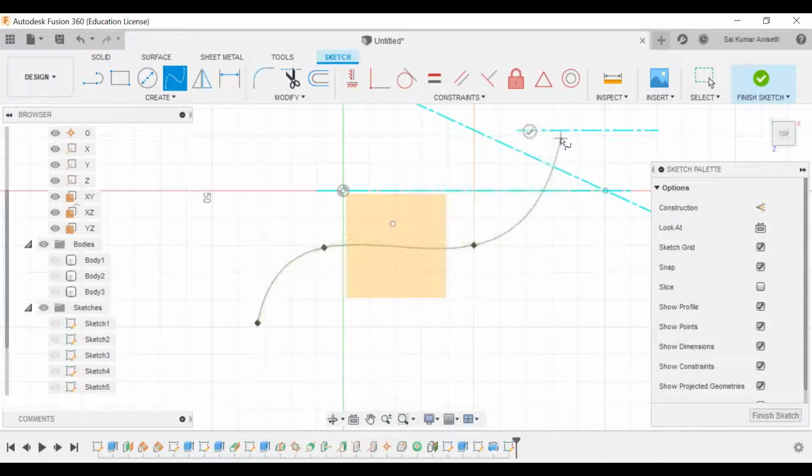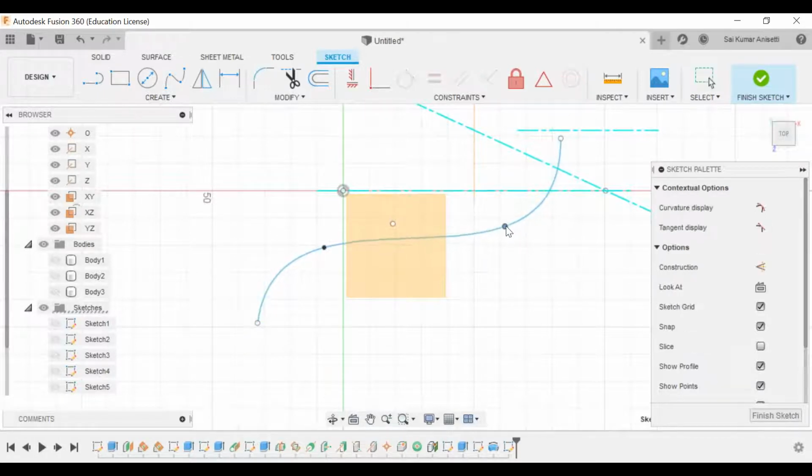One thing you have to remember is that in any given software, splines cannot be constrained. It is impossible to constrain a spline because a spline is made up of an infinite number of points. These are control points. I can keep this point over here, or move it over here, but I cannot fix it. Even if I fix this point, you can create another point in between these two points.